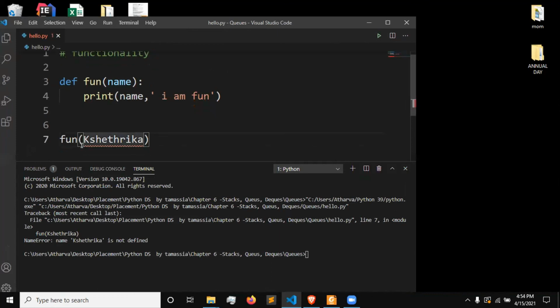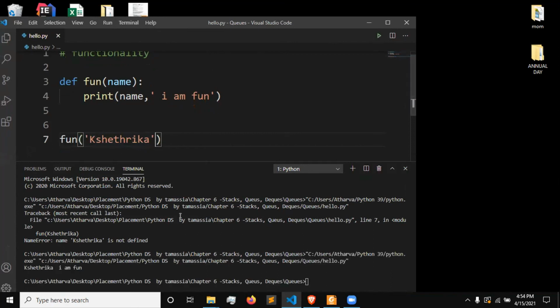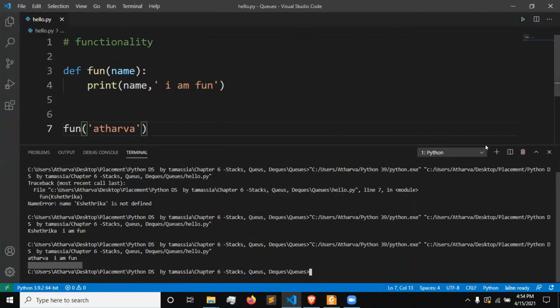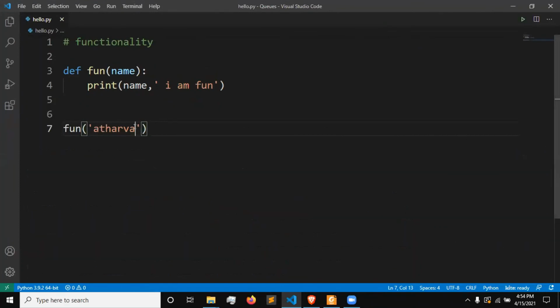I have to put it in strings. So if I do this, it prints Shetharika, I am fun. Then if I put my name, Atharv, it prints Atharv, I am fun. So what is this piece of code doing? It is basically taking an input, which is your name, and printing an output associating it with this text.